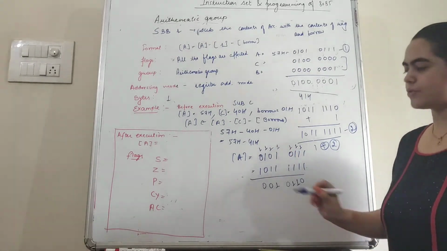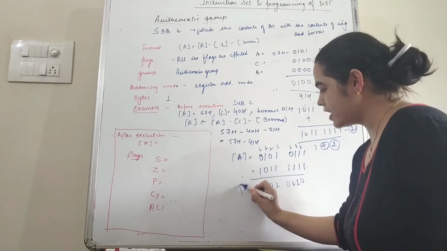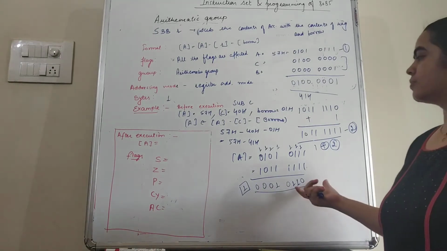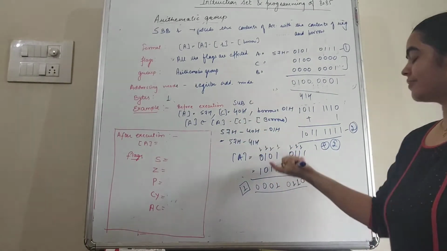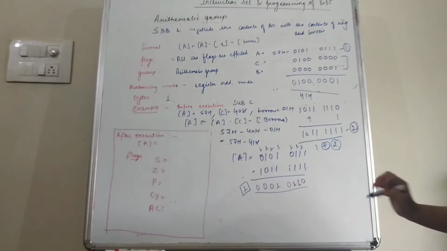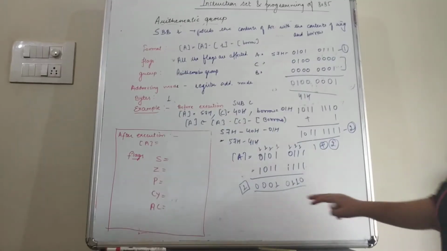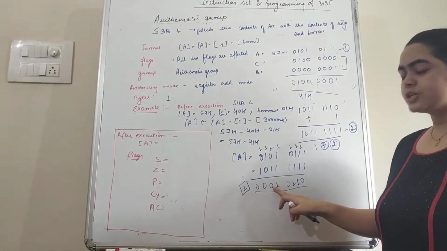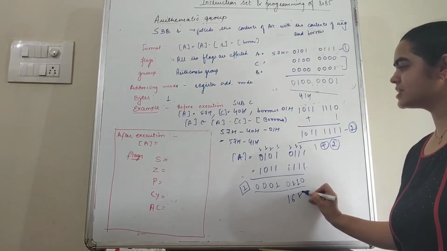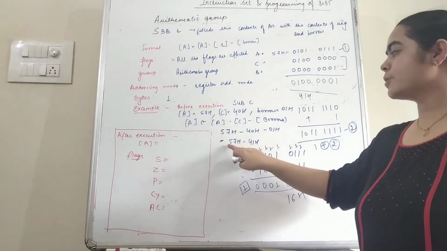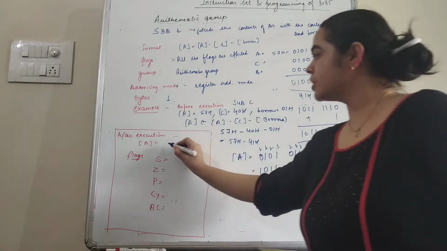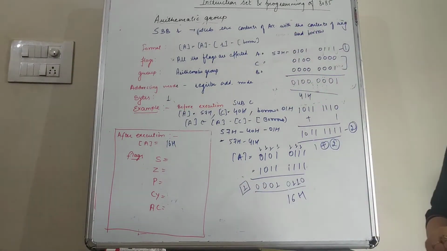1 plus 0 plus 1 is again 10, so 0 here, and again a carry is generated after adding the contents of the accumulator with the contents that are present in the register. So according to this we have the value 0001 and 0110. So this we can write as 16H. So students, if you subtract 41 from 57, then the result is 16H. So the accumulator now has the value 16H.